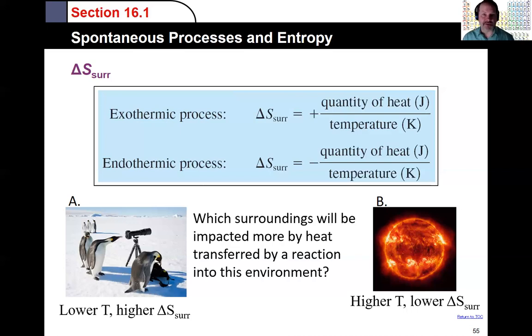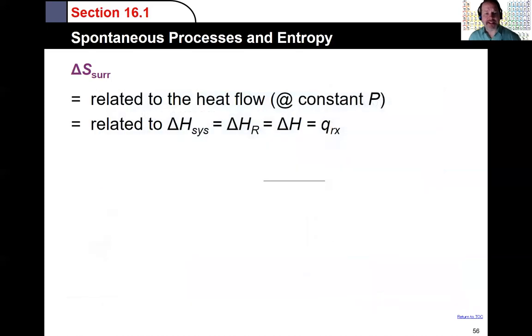That's called an inverse relationship. So that's why we're going to end up dividing by T to get this inverse relationship between temperature, absolute temperature in Kelvin, and the entropy of the surroundings. Because of that, scientists have been able to make a replacement for this delta S of the surroundings. We can replace the entropy of the surroundings with heat flow, which is just entropy that we know.